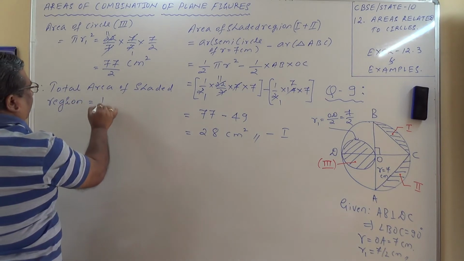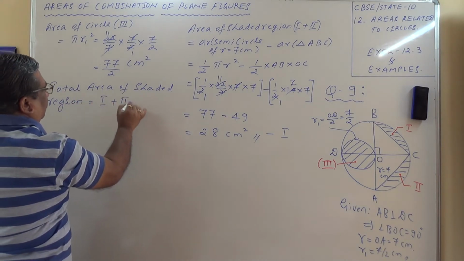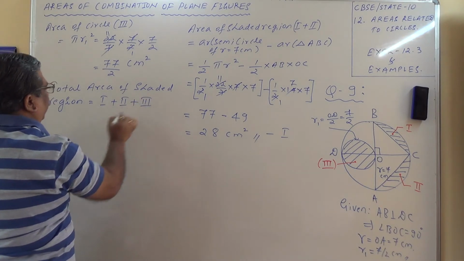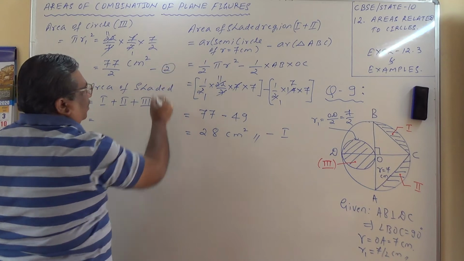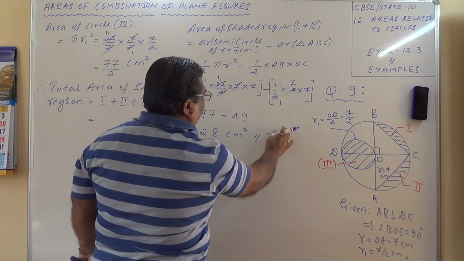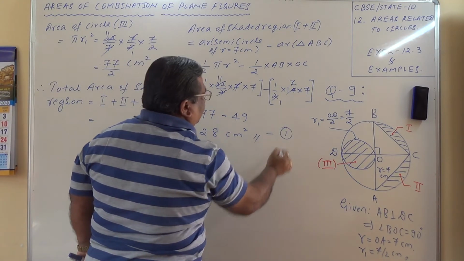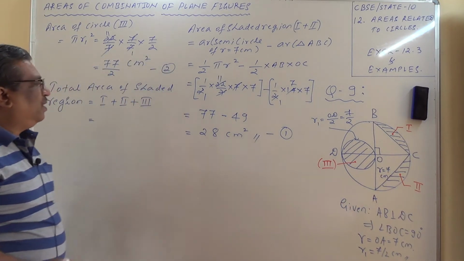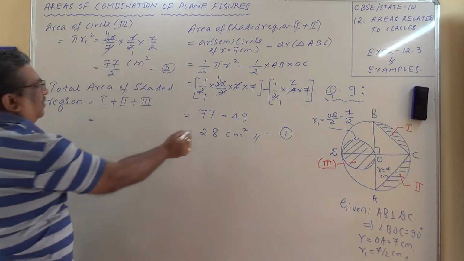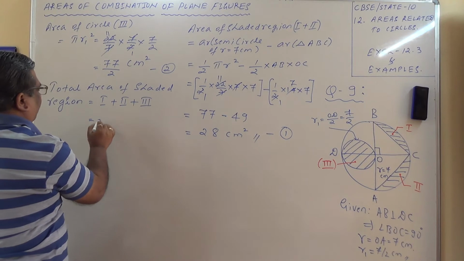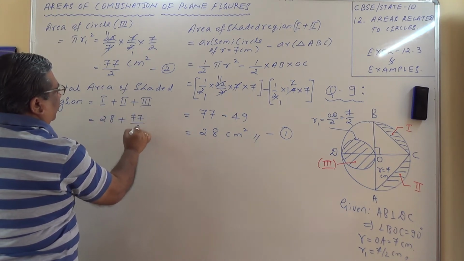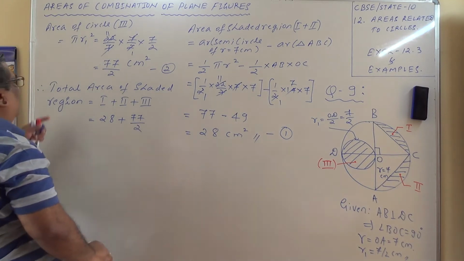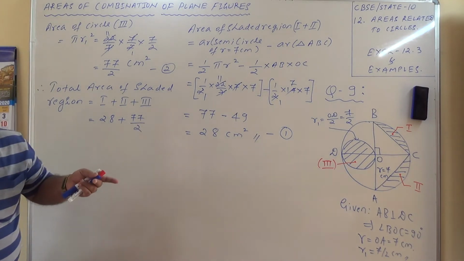equals 1 plus 2 plus 3, which is equal to, this will let us mark it as 2, and this one tag it as 1. I will mark this as 1 and 2. So from 1 and 2 we get 28 plus 77 by 2. 28 plus 77 divided by 2. Let me check what I have done here. It is